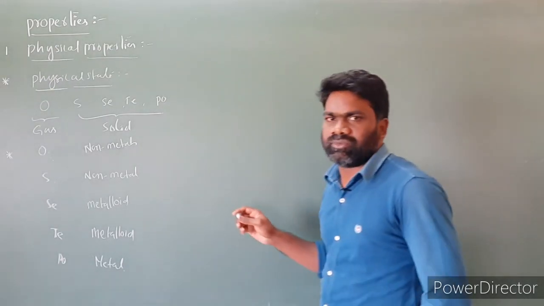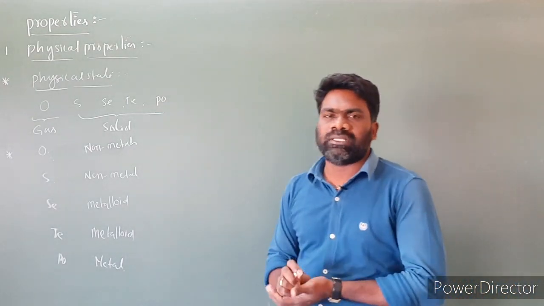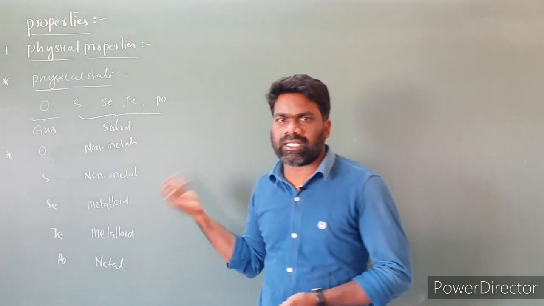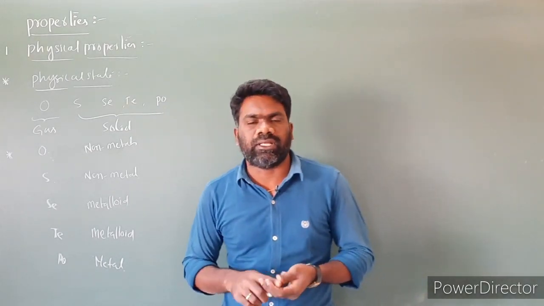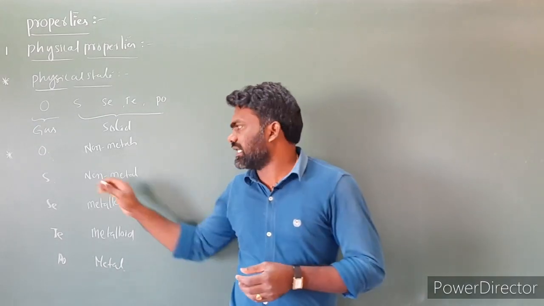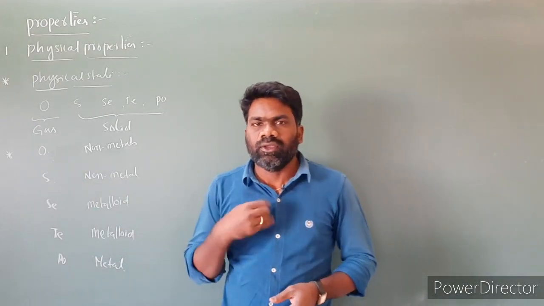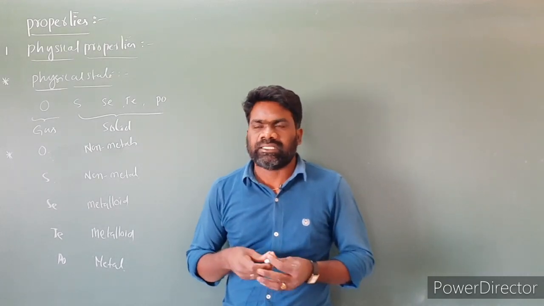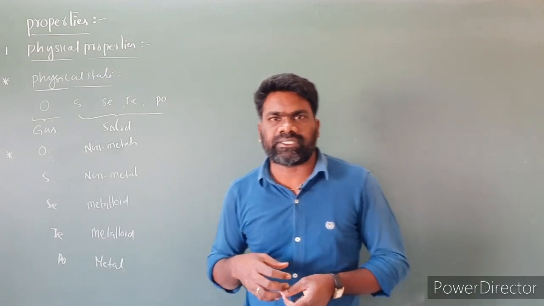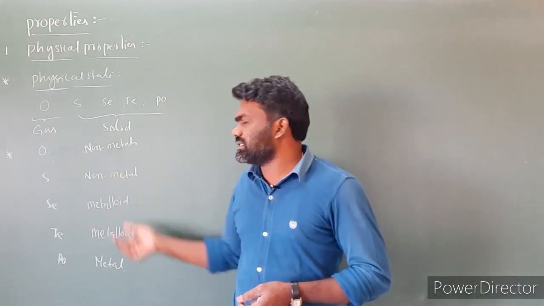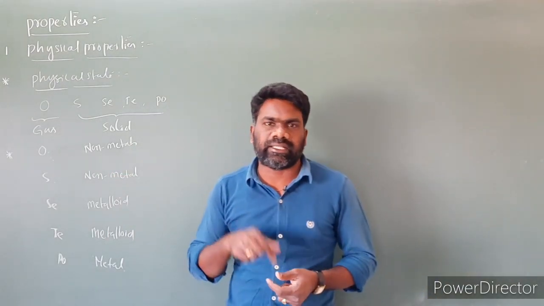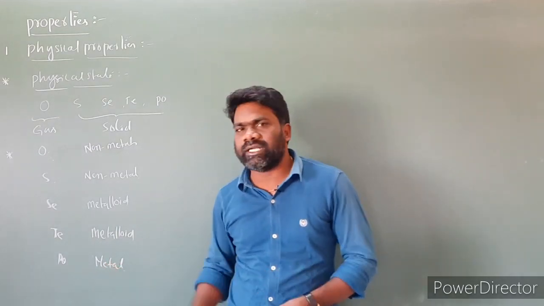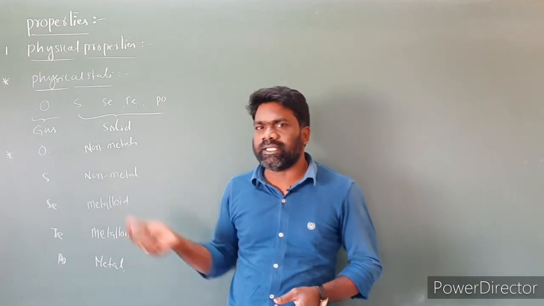So what is the reason behind it? We can explain on the basis of size and electronegativity, or you can take ionization energies also. While moving from top to bottom, sizes increase. When the size increases, electronegativity values decrease, so the capacity to attract electrons decreases. And ionization energies also decrease, meaning they are ready to lose electrons. Here polonium is ready to lose electrons, but oxygen is ready to gain electrons.